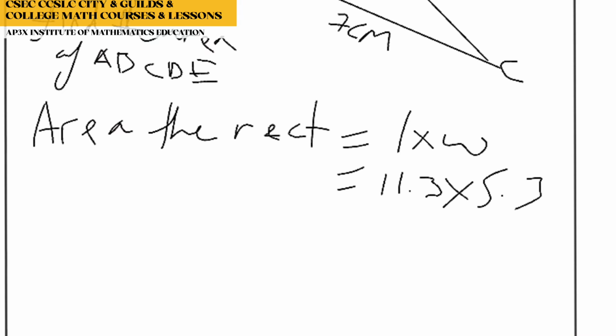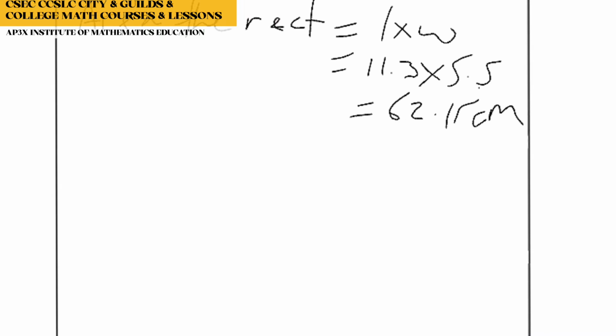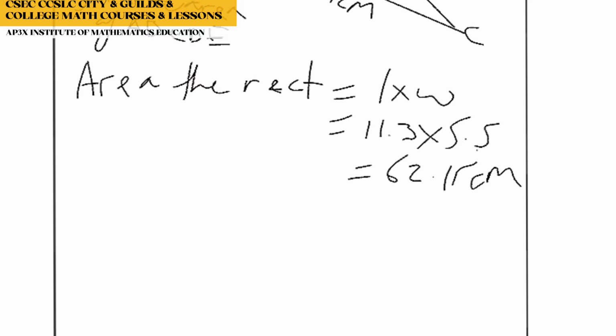Guys, give me a second, okay? Hold on. Miss Heaven, so you're seeing that you're gonna find the area of the rectangle, which is 11.3 times 5.5. I believe that was 62.15. How much you got? 62.15. Okay. Centimeters squared. All right, good. So we start there. That's good. So we already have the area of the rectangle. Then I believe you had mentioned as well that you're going to find the area of the triangle.